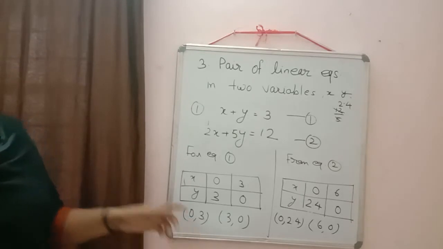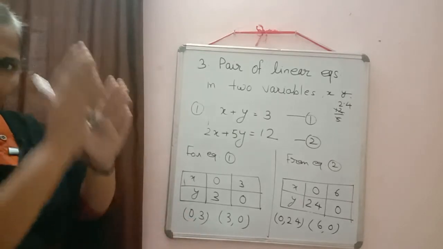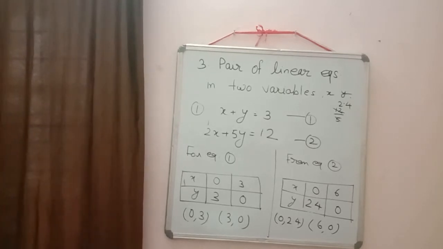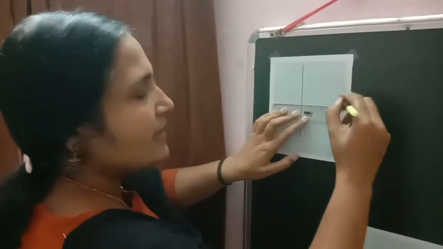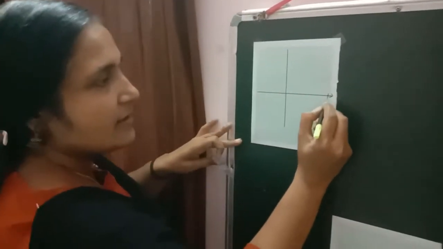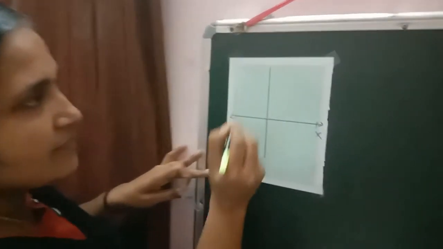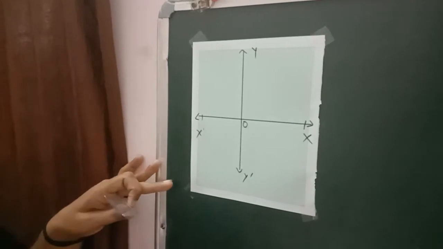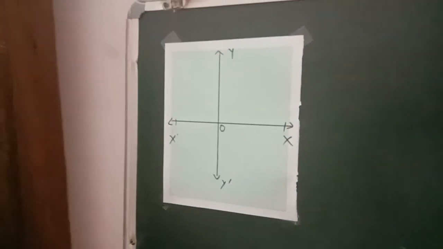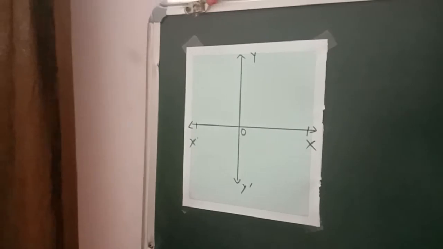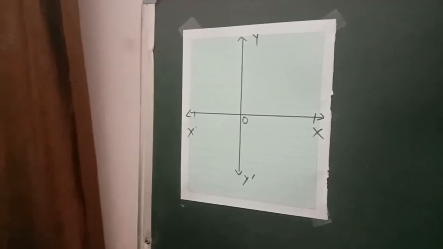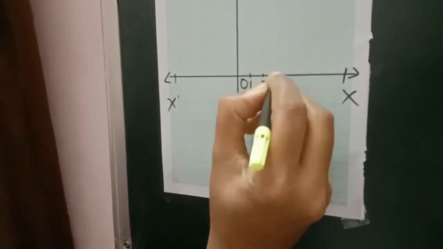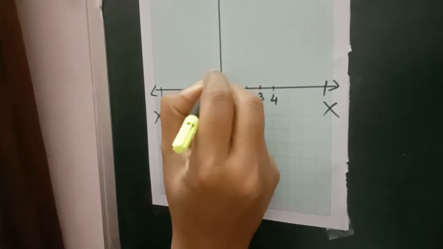So all of you take your, in the left hand side of your graph book, draw x-axis and y-axis. So all of you can check, I am drawing here x-axis and y-axis. Now we will plot the point first for the first linear equation. In that our coordinate was first 0, 3. So here I can mark the points 1, 2, 3. Just 1 centimeter as it was there in your graph book in the same way.